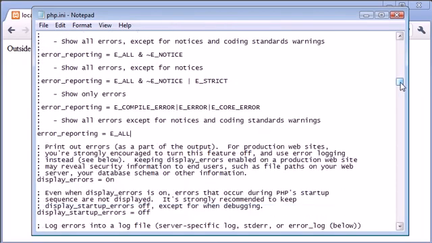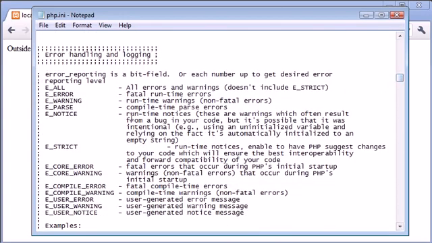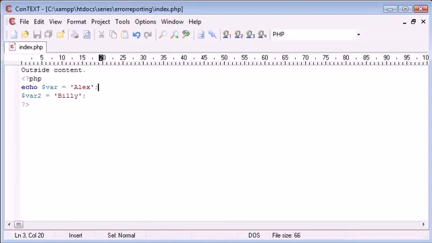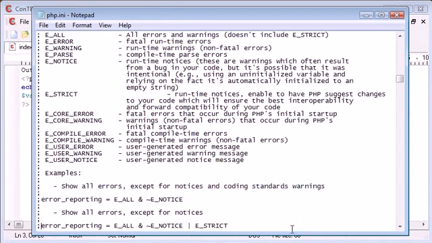So what I can do is I can specify and E_STRICT. Now what this is going to do is it's going to incorporate strict errors. So what we're talking about is code that might run, but let's have a look at the definition. It might run, but it's runtime notices that enable PHP to suggest changes to your code which will ensure the best interoperability and forward compatibility of your code. So it's basically giving you messages about your code itself rather than errors that you might be coming across. So you don't need to include this, but maybe it's a good idea if you want that kind of error